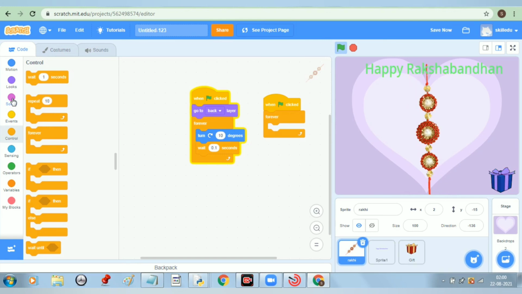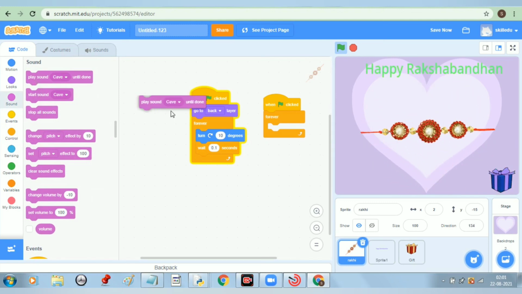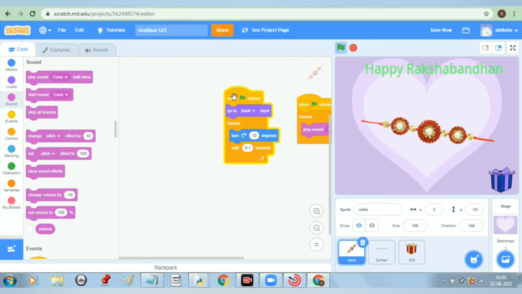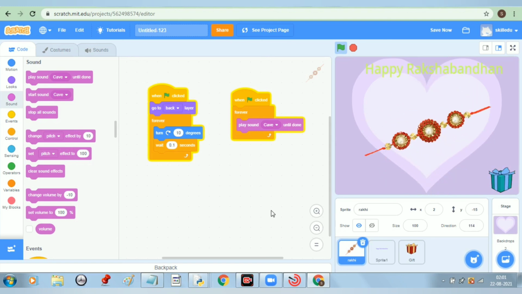So click sound blocks, and here we can take play sound cave until done. Right? So now if you click the green flag, this is our project of Raksha Bandhan. Now let us first save this project. Let us rename our project.